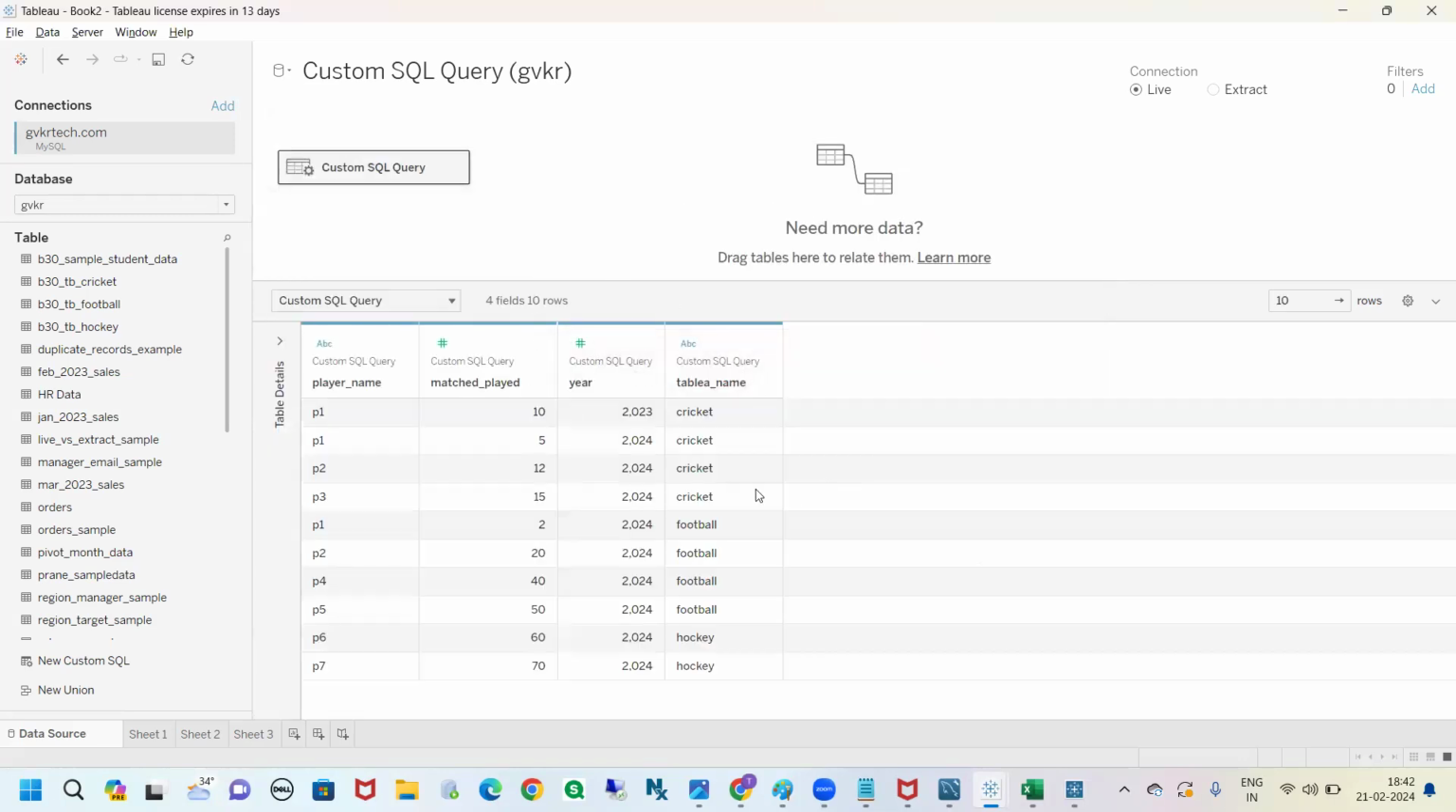Now you see we have created a table name for this cricket table. For each and every row, it will add cricket. For the football table, it will add football. For all the rows in hockey, it will add hockey. For example,